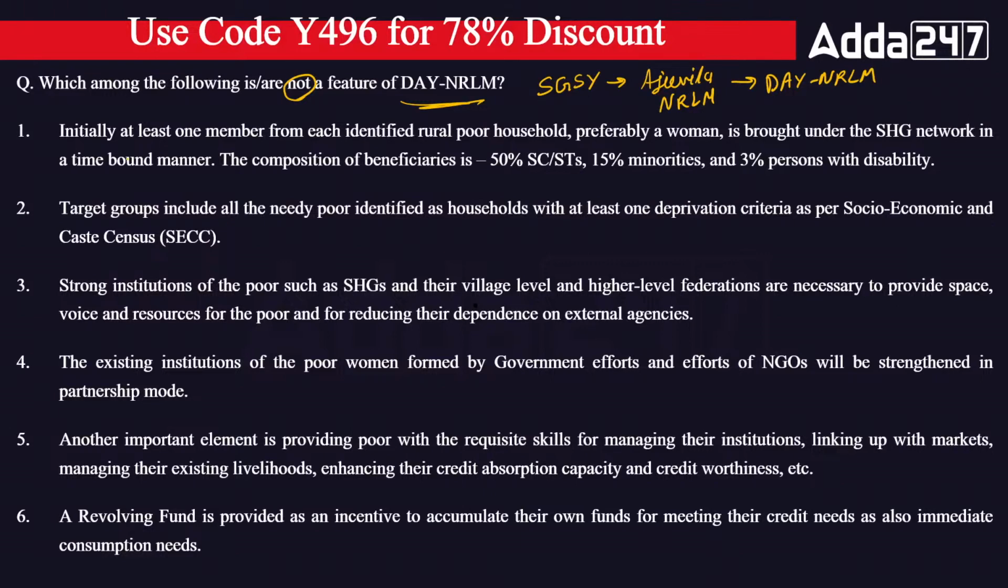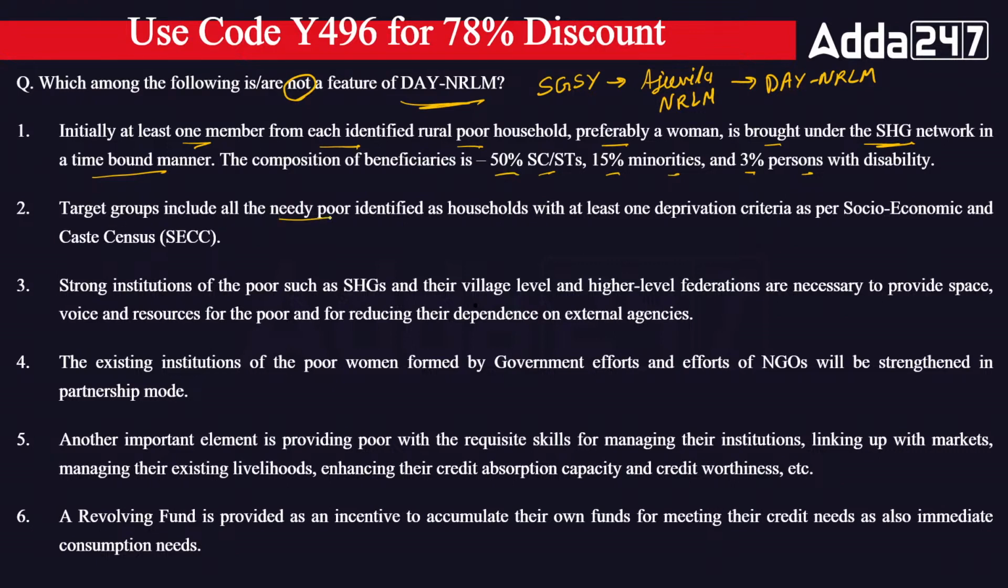Now, initially at least one member from each identified rural poor household, preferably a woman, is brought under the self-help group network in a time-bound manner. So the composition of beneficiaries under the scheme: 50% SC/ST, 15% minorities, and 3% persons with disability will be covered here. Okay, this is the beneficiary proportion defined in the first statement. The second statement is saying